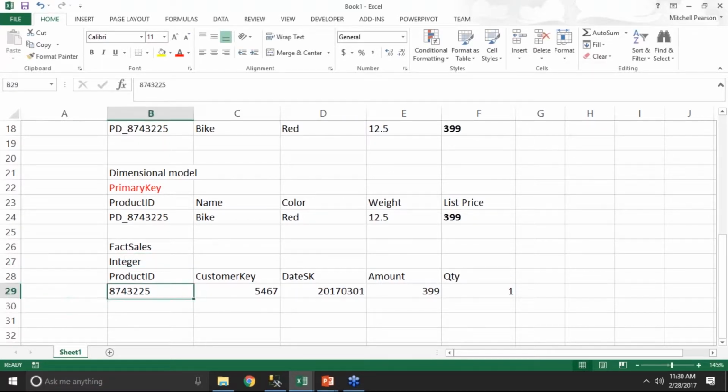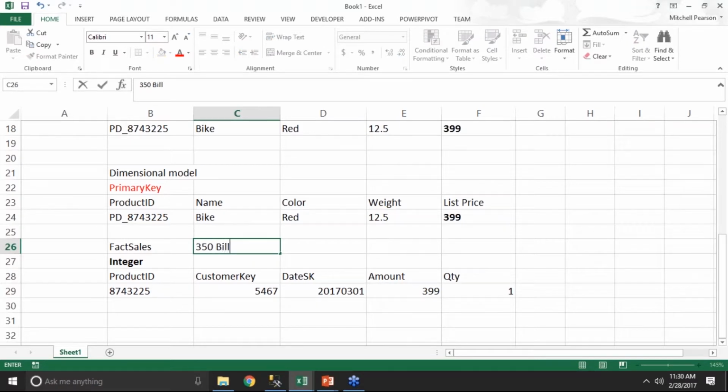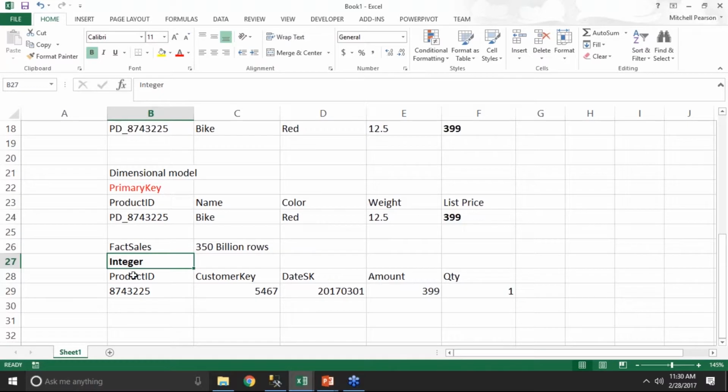Integer value. So now we have to change the data type of this fact table. I've worked for clients that have had fact tables as large as 350 billion rows. So if you have a fact table here that has 350 billion rows in it, you can't come in here and say, oh, well, we need to go ahead and change. And this is a tip for everybody. Never, ever do this. Don't go into a fact table that's large or any table that's large and just change